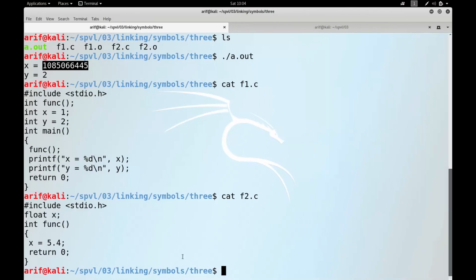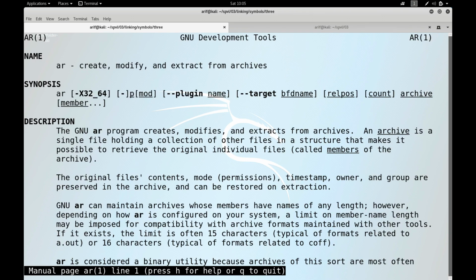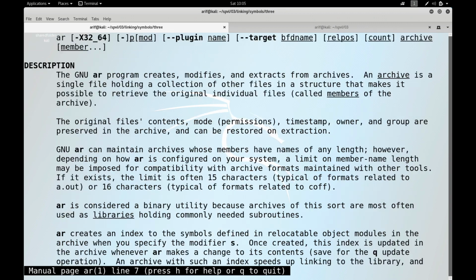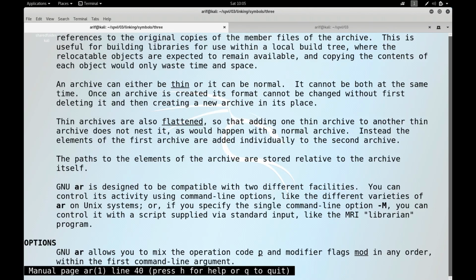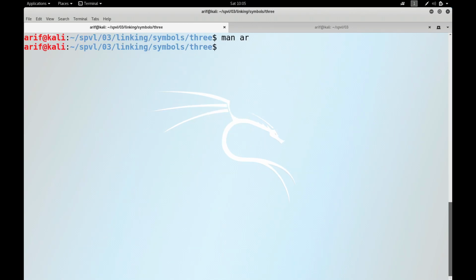Let us move on to the terminal and see the man page of ar now, so that we can create our own static library. man ar. Okay, so it is used to create, modify, and extract from archives. Please do read this man page and see the different options that we can use with the ar command. Let me quit and let me move 3 steps up and do this directory static lib. Let me do mkdir temp,